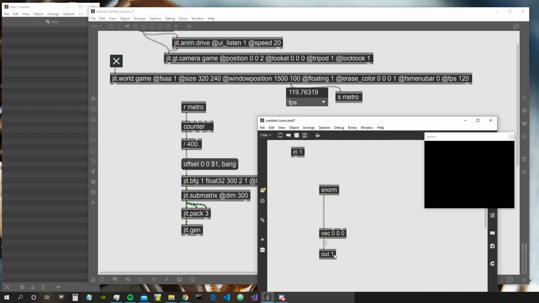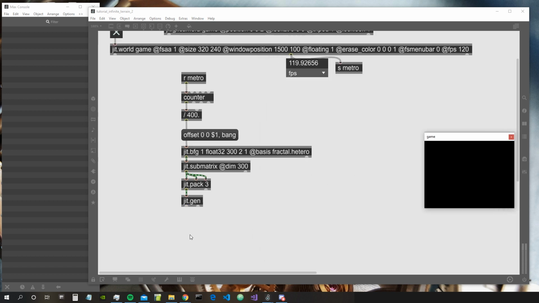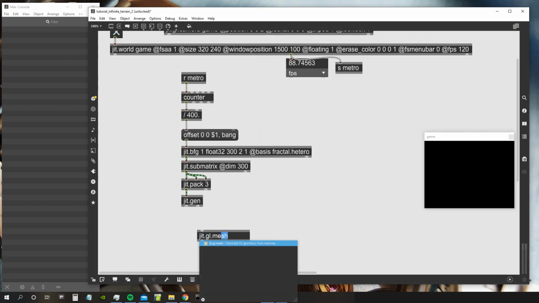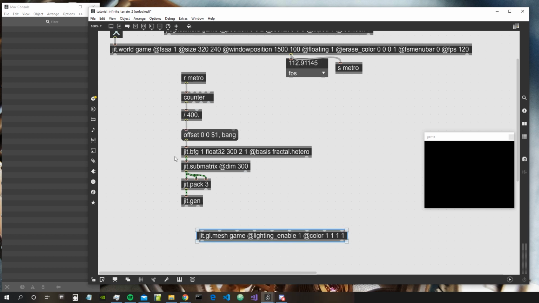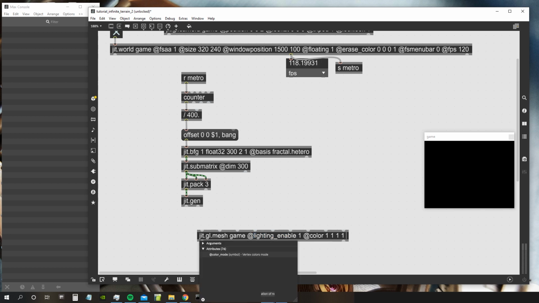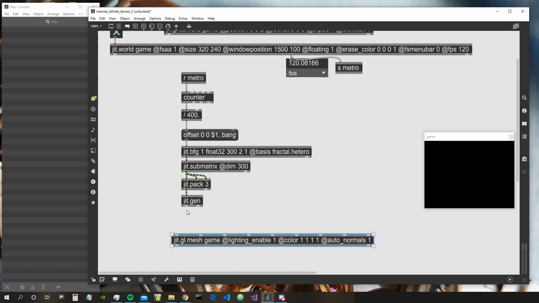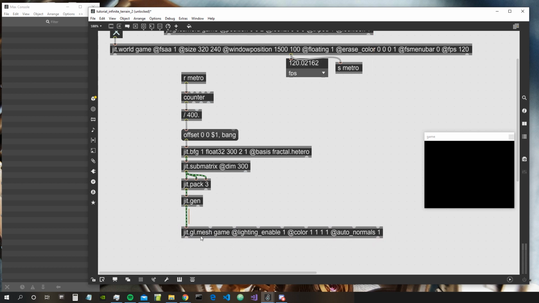Now, if we would output this just like that, and then connect this to a jit.gl.mesh, so let's say draw mode, let's say lighting enable 1, color white. And let's leave it at that. Oh, let's actually not leave it at that. Let's give it also auto normals 1, so it will generate its own normals for the light. So if we connect these to the input,